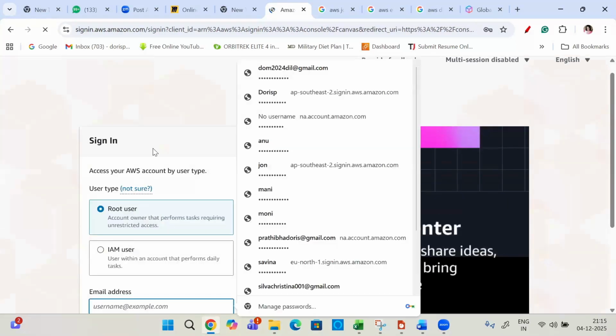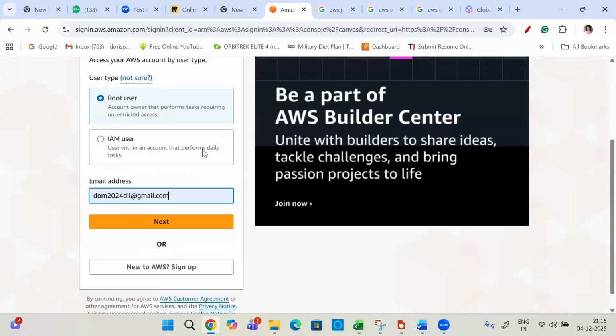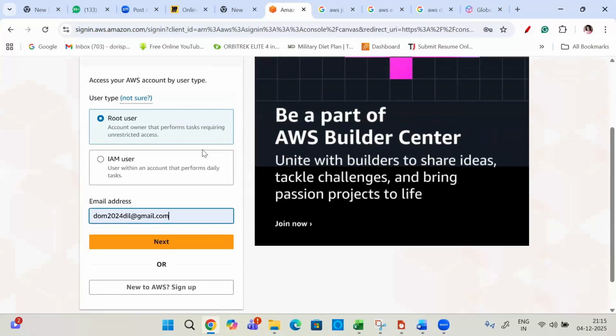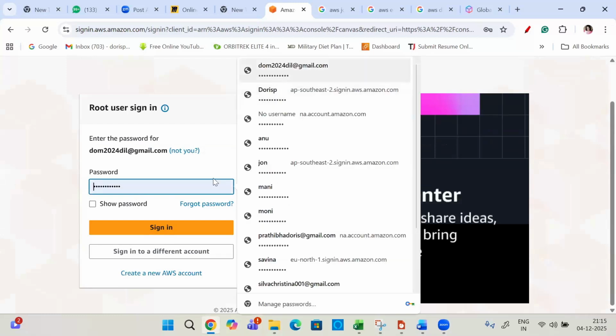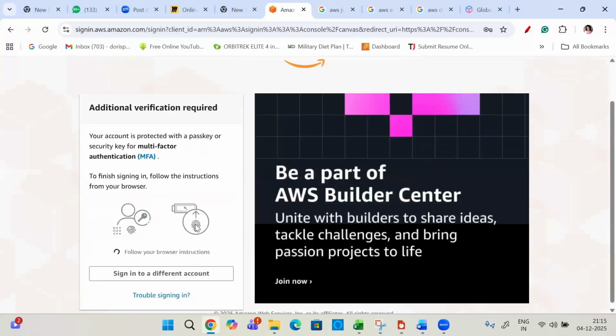If you want to work, you'll have to create one free tier account. For creating a free tier account, you'll need a credit or debit card. So I have logged in. I'm just logging into my account.